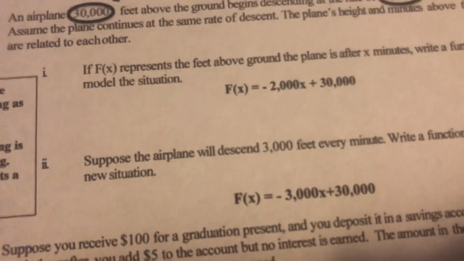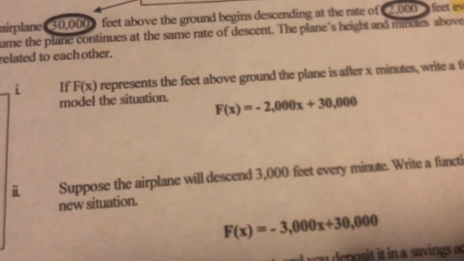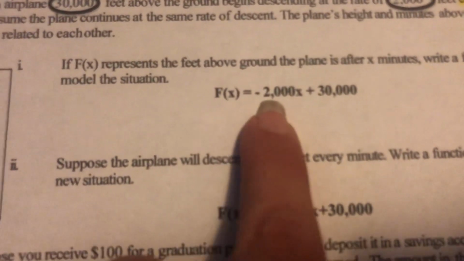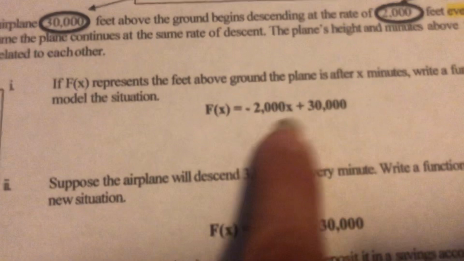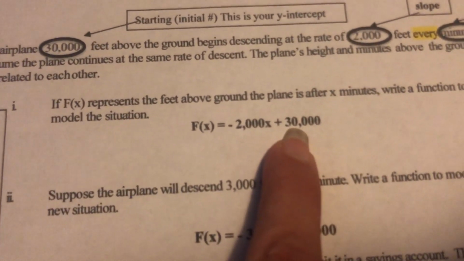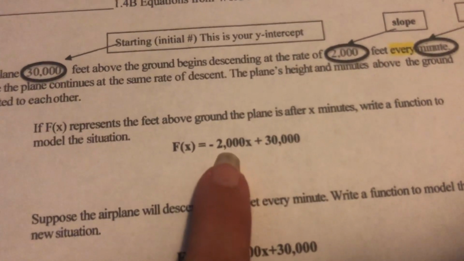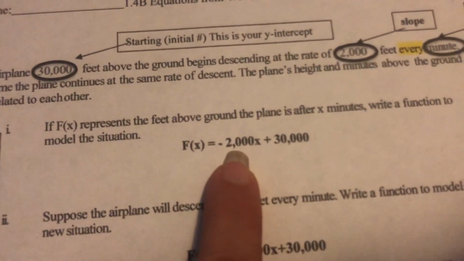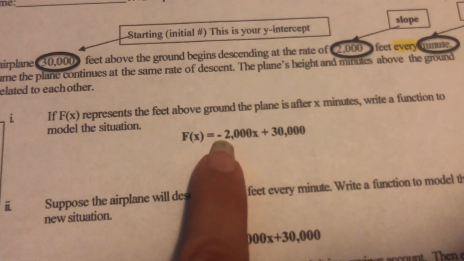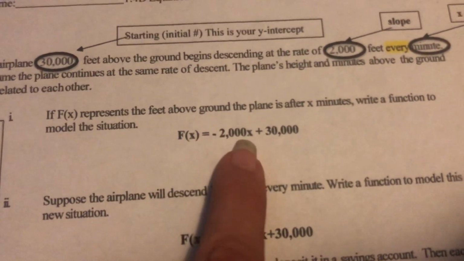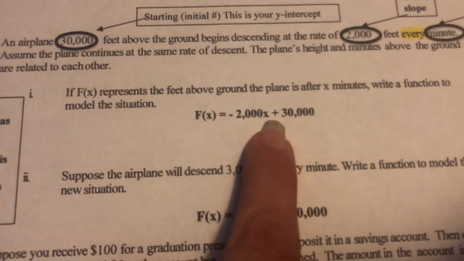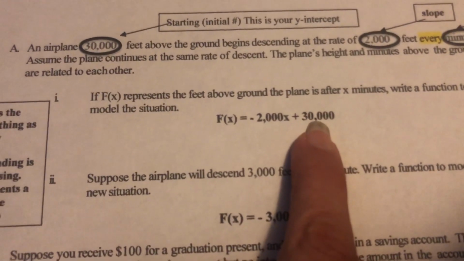So we've already talked about what slope-intercept looks like. You have your y, which is equal to your slope times x plus your y-intercept. So if 30,000 is my y-intercept, and I am dropping or decreasing 2,000 feet every minute, the 2,000 would need to be a negative integer being multiplied to my x, which was minutes, added to my starting number,